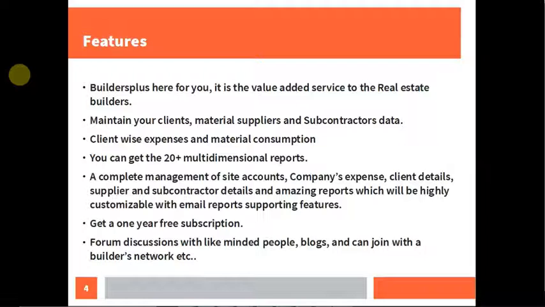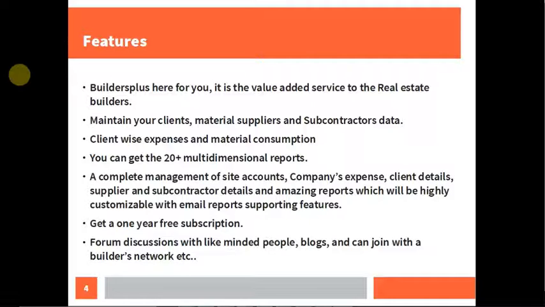So what features are available in Builders Plus? In this portal you can maintain all your clients, material suppliers and subcontractors data. If you want to see client wise expenses and material consumption, you can do it in this portal.